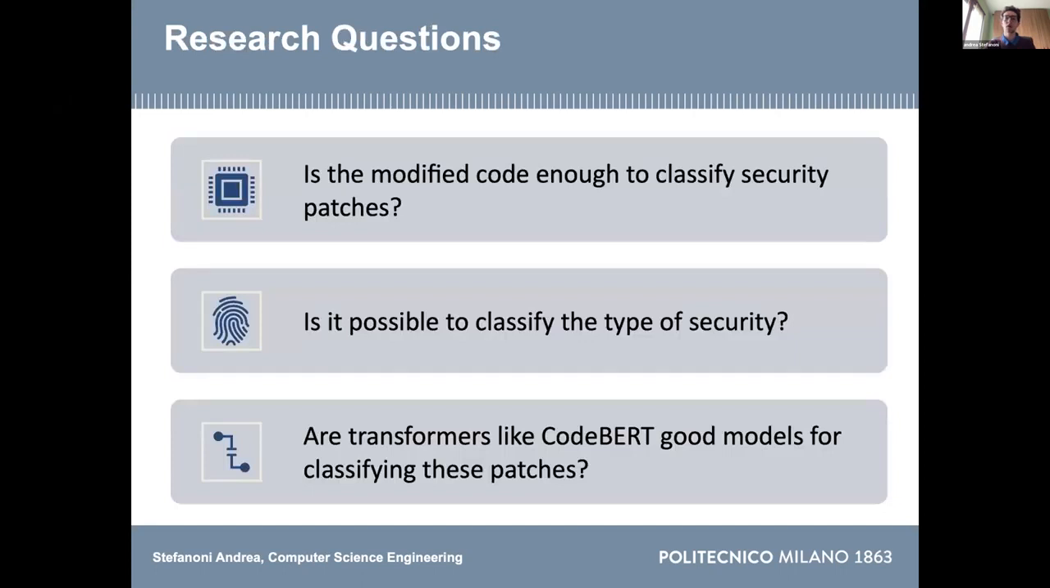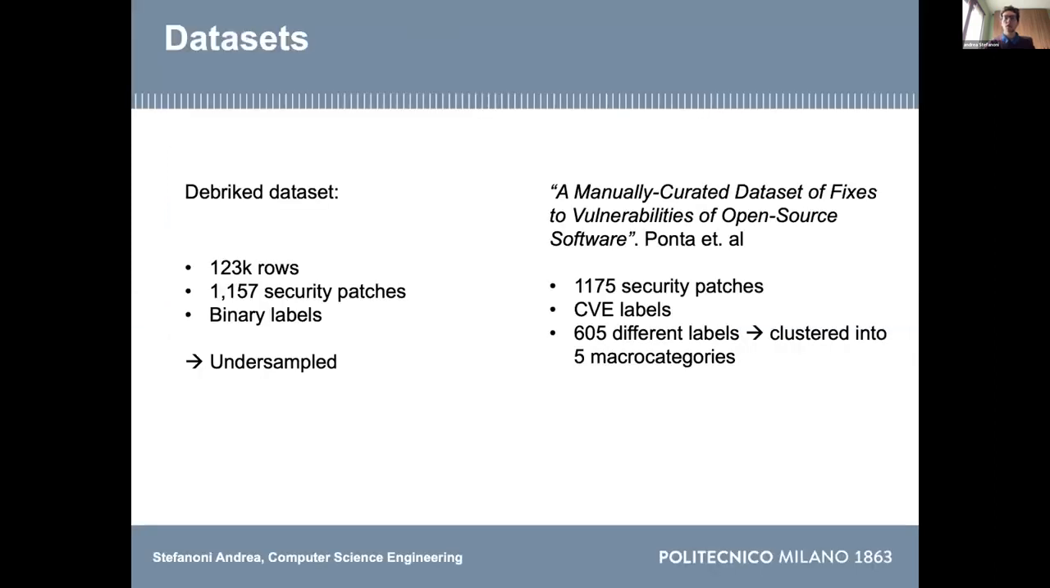So our research questions are: is the difference in the updated code enough to classify these patches? Is it also possible to classify the type of security issue that is solved? And is CodeBERT one of the best models to classify these patches? To do this, we use two datasets. The first one is a private one